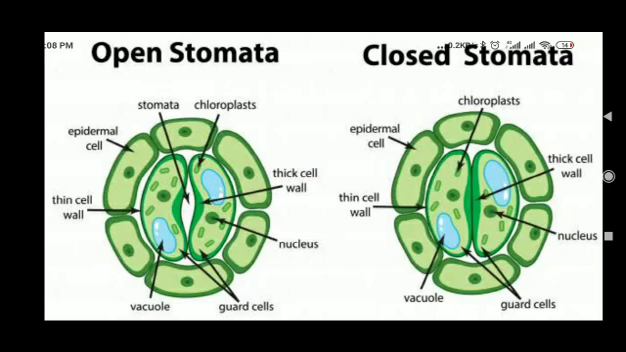When we prepare a mount of stomata, we basically use safranin stain. Safranin stain is a pinkish color stain that is basically used to color the nucleus of the plant cell. So while preparing a temporary mount of stomata, we use